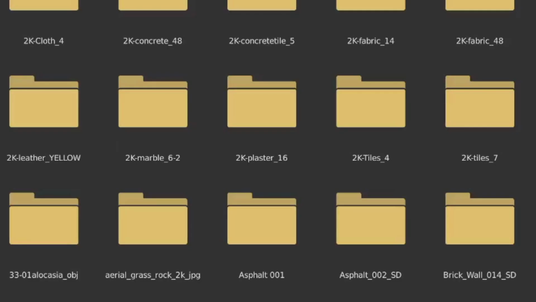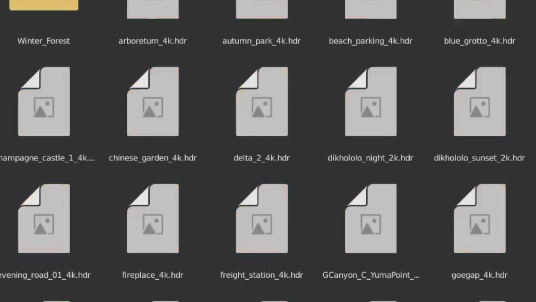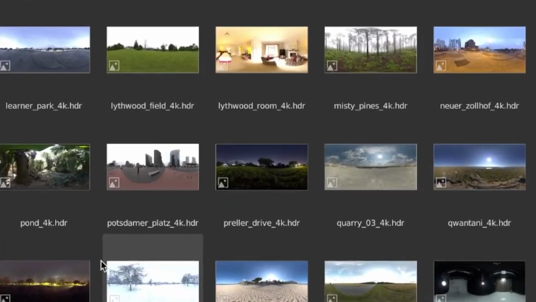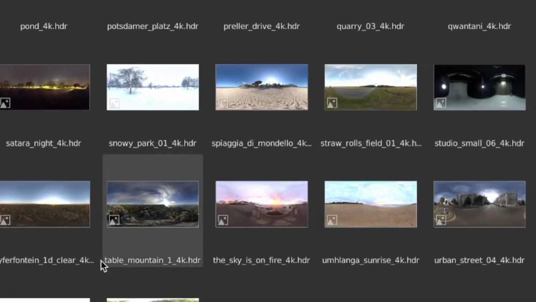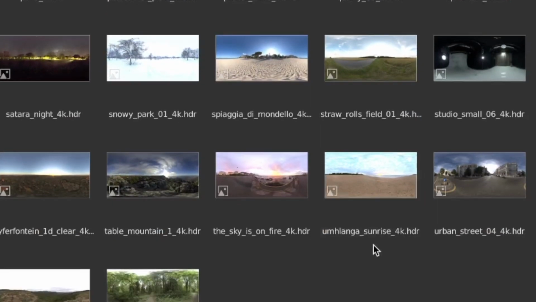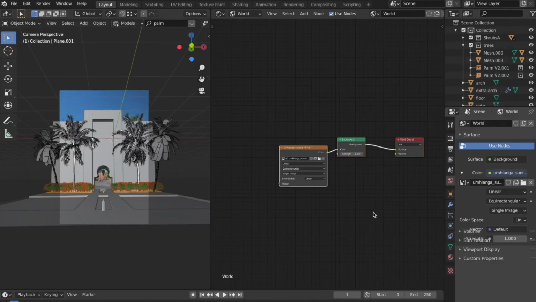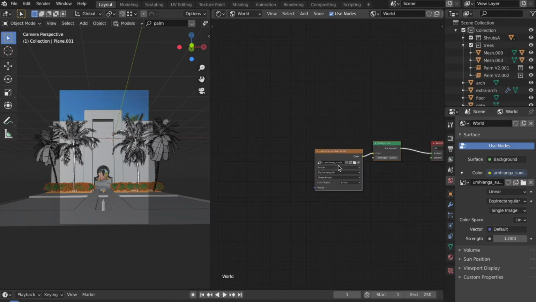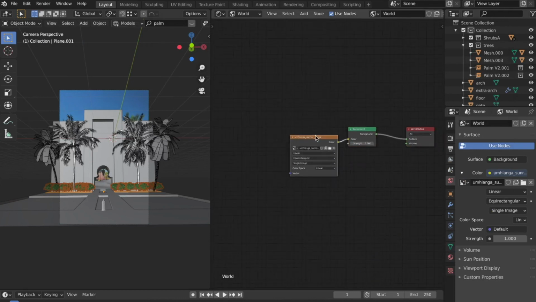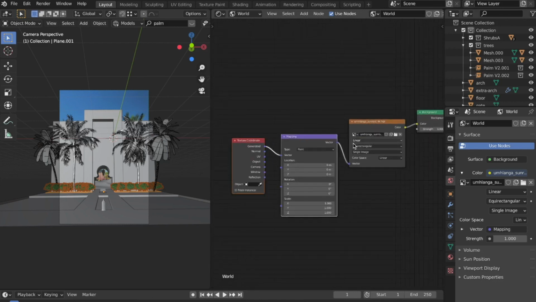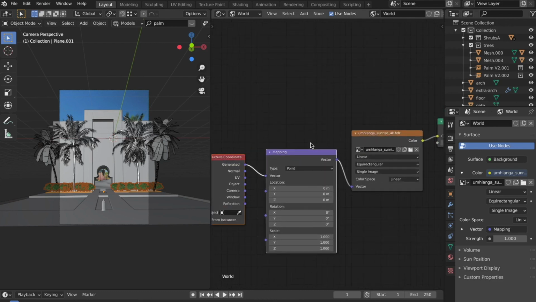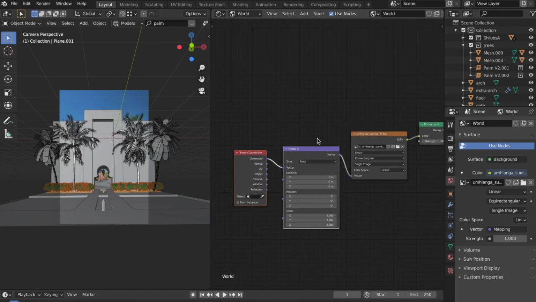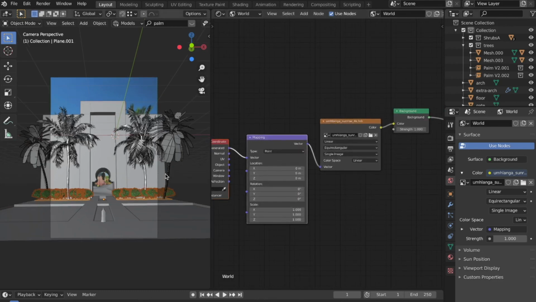So to use HDRI, I have already downloaded it from HDRI Haven. You can also do the same by the link which I will give in the description below. So in this case, I am going to use a sunrise kind of HDRI which I found online. Now over here I can simply press Ctrl+T, which will give us the mapping nodes along with the texture coordinate through a shortcut. For that you have to turn on the Node Wrangler add-on.